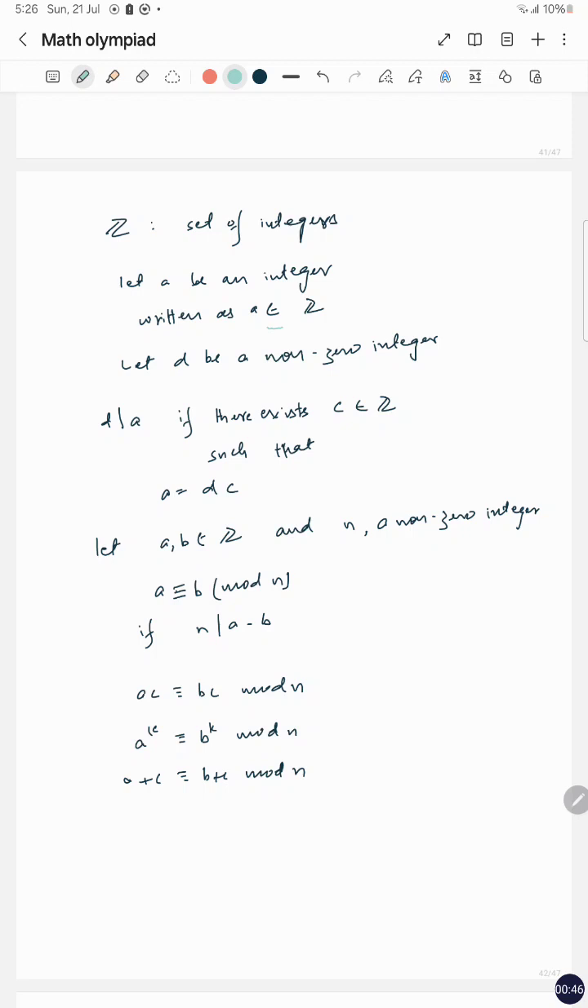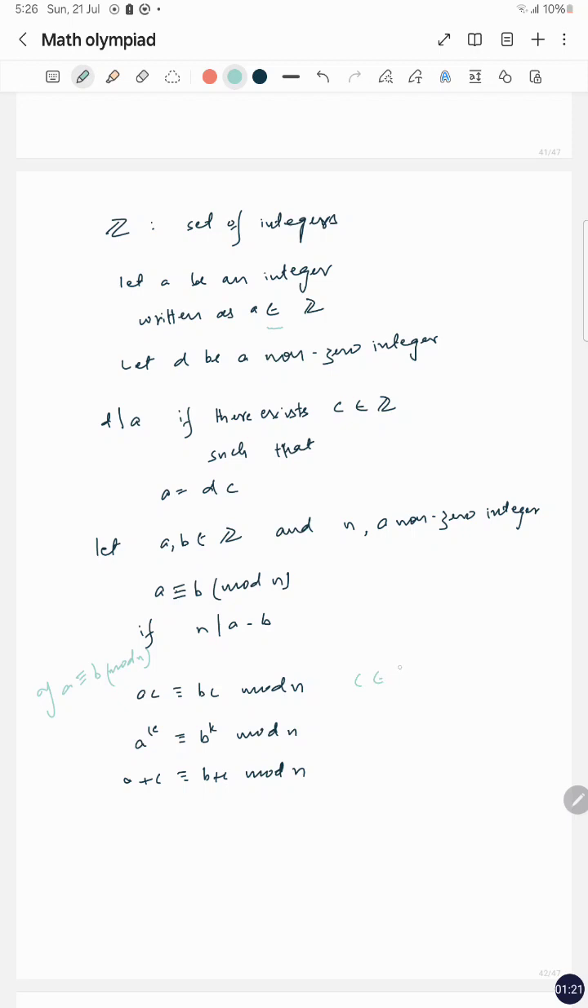So let A, B be integers and N a non-zero integer. We say A is congruent to B modulo N if N divides A minus B. And these have these properties. If A is congruent to B modulo N, then AC is congruent to BC modulo N,